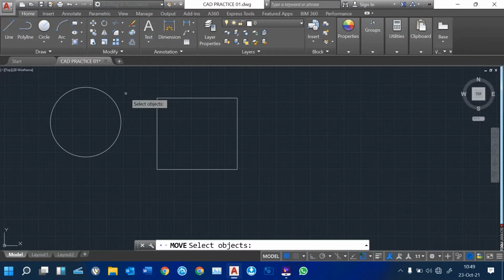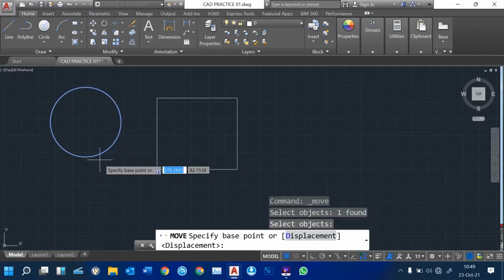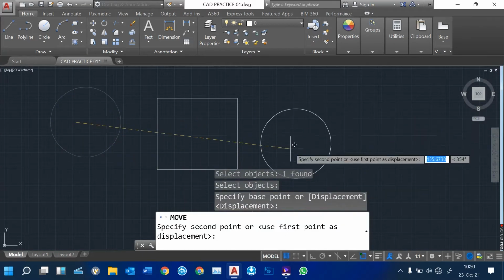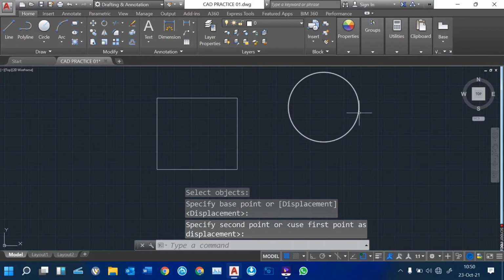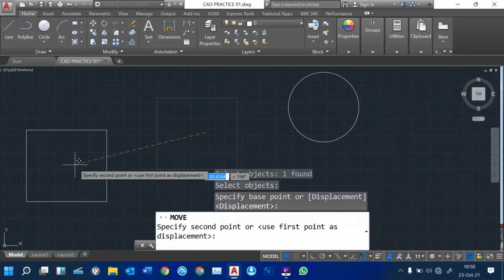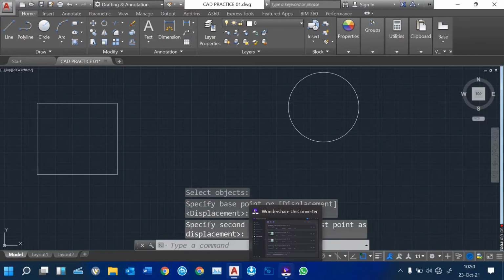it asks you to select the object from the command line. You'll see here, you select the object, or you can select multiple objects. Then you hit your enter key on the keyboard, and then it asks you for the base point. The base point is the point of reference for the mouse. So you can click just near the object as your base point, and you can see you can move by clicking where you want to take it. That's how we do move. You simply click on an object, hit your enter key, then you move. That's how moving works